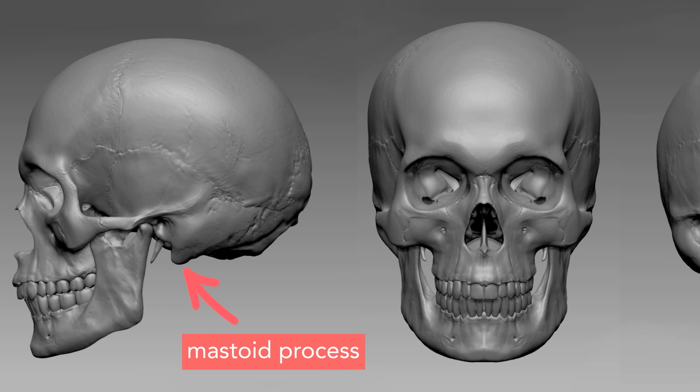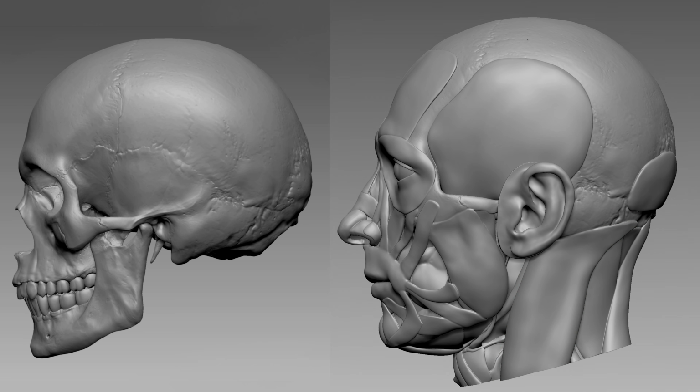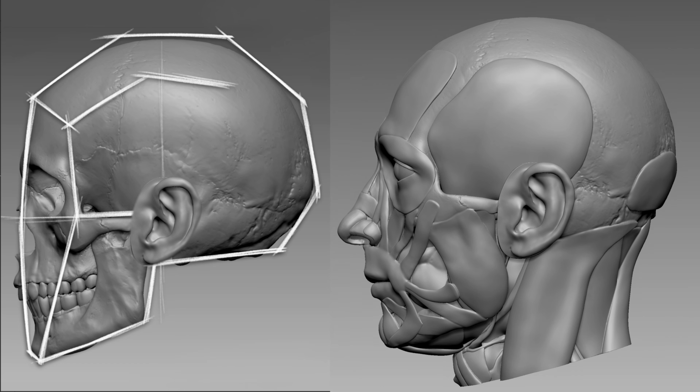And it's primarily important because of what attaches to it. The origin of the sternocleidomastoid, which is the major muscle that we find at the side plane of the neck, comes down and eventually attaches to the top of the sternum and the inner third of the clavicle, starts out on the mastoid process. Therefore, this bony protrusion that's found just below and behind the ear is in itself an incredibly important landmark when we're making a portrait that is more than just a head, that is attaching a head